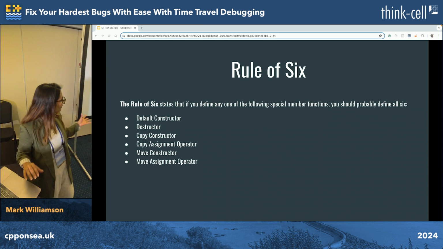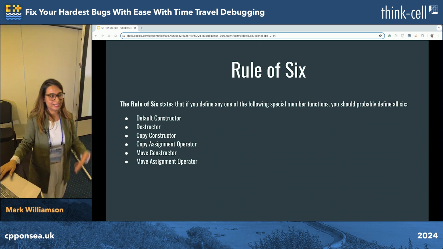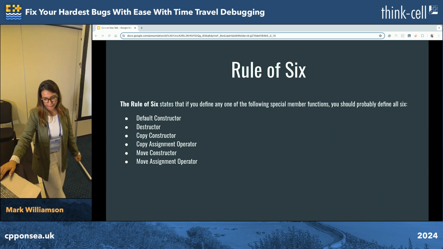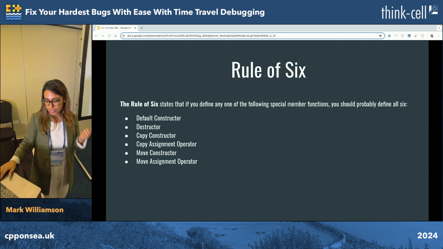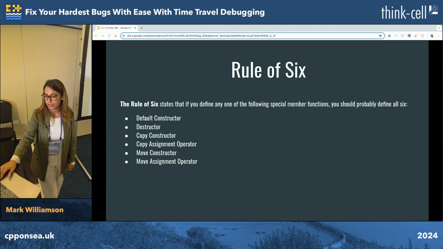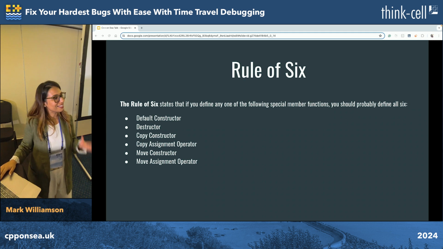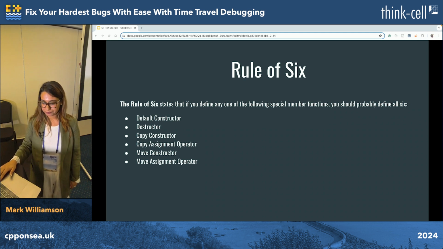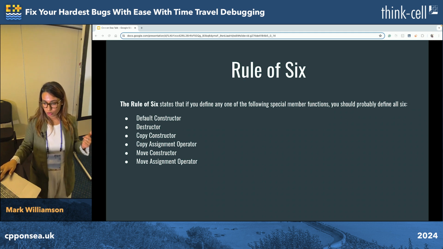The reason we introduce rule of 6 is because we want to ensure that the class handles the resource management without any unexpected behavior that may come later. By adhering to this particular rule, we ensure that the database connection class that we created in the start manages resources consistently and safely. So this would be our rule of 6.